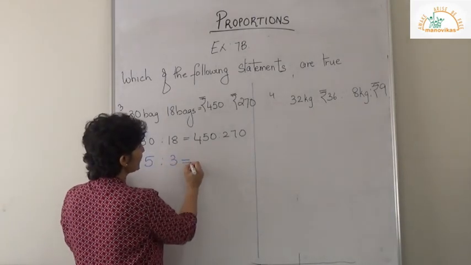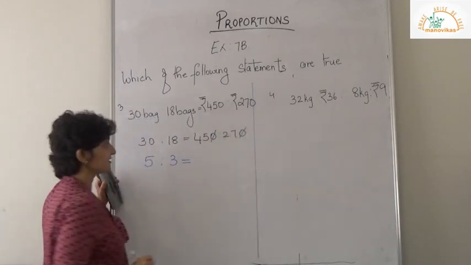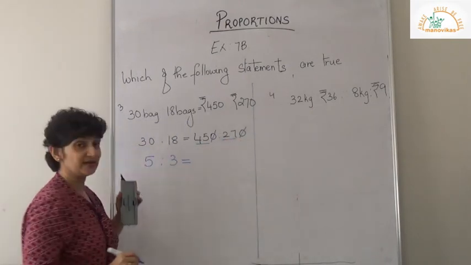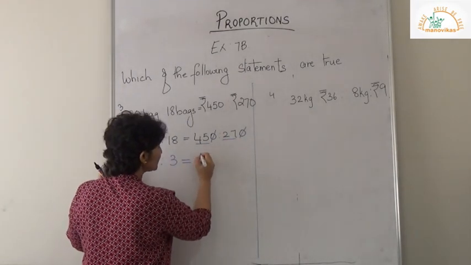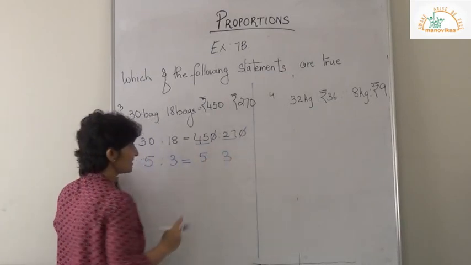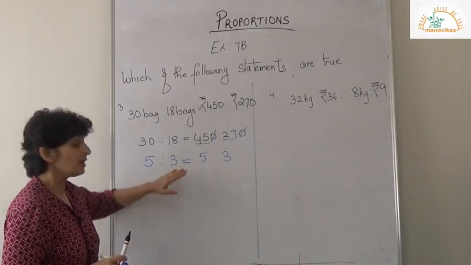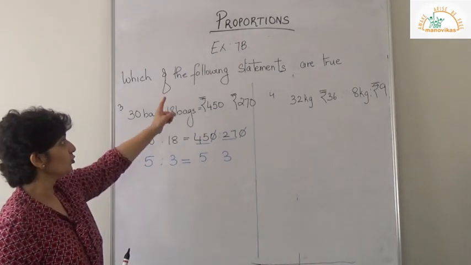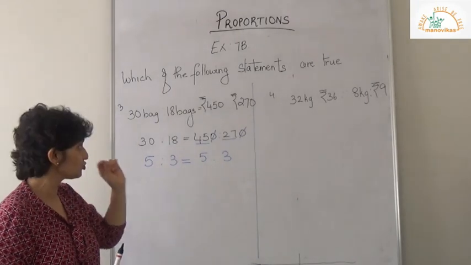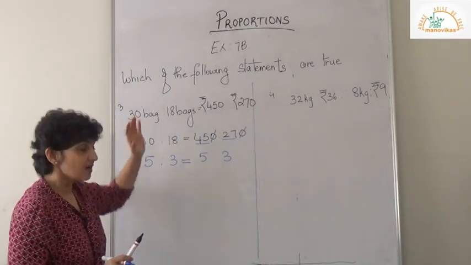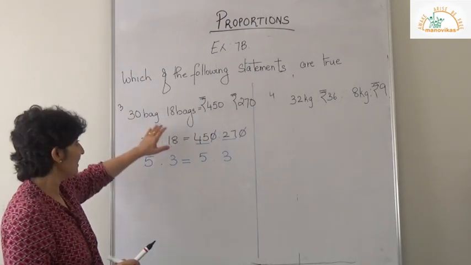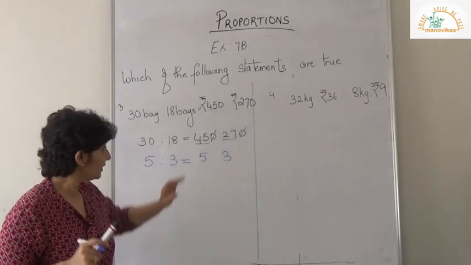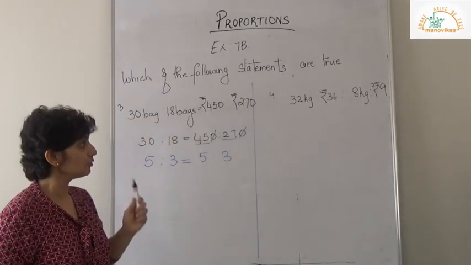Now let me see if it is equal to this. These two zeros get cancelled. What do I get? I get 45 is to 27. 9 5s are 45, 9 3s are 27. So I know this is equal or this is in proportion. So you know this statement is true. So remember always, whenever you're doing your ratios, they have to have the same unit. Like here both are in bags and here both have rupees.